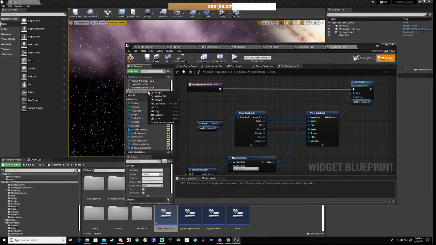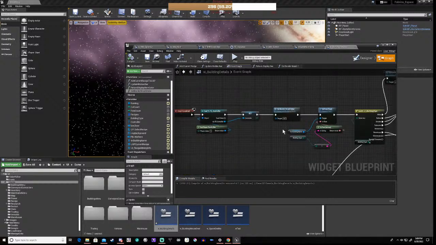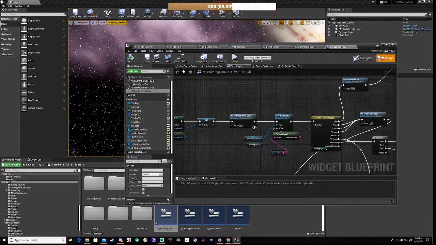This is actually going to be set border brush. Okay, so it's set border brush color,